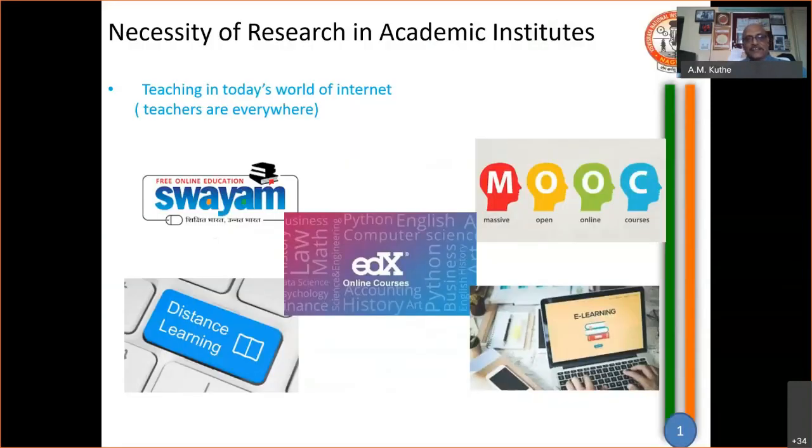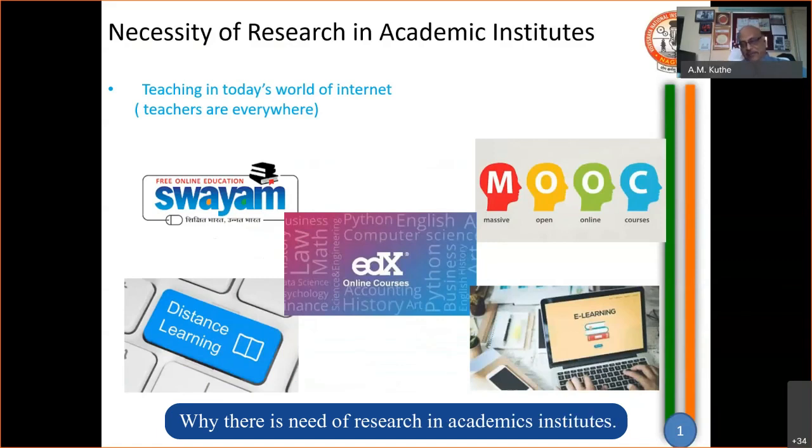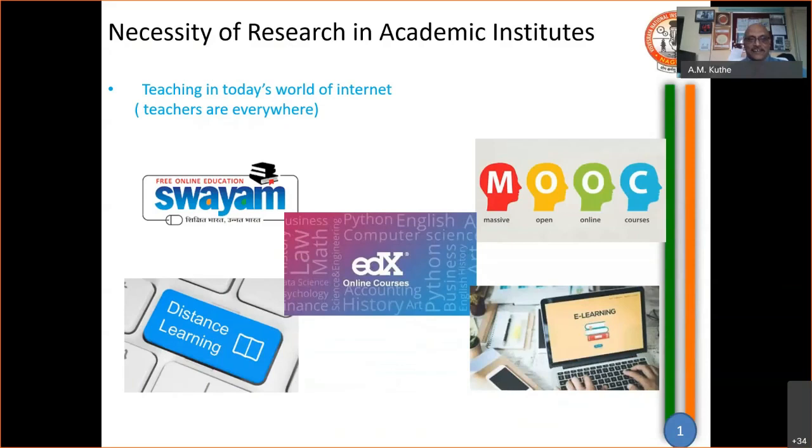So the first one is why there is a need for research in an academic institute. If you see this particular slide, what I have written is that teachers are everywhere now. If you look at teaching in today's world of internet, think of Swayam, think of edX, think of MOOCs, e-learning, distance learning, and whatnot. So when teachers are everywhere, when a lot of information is available on the computer,